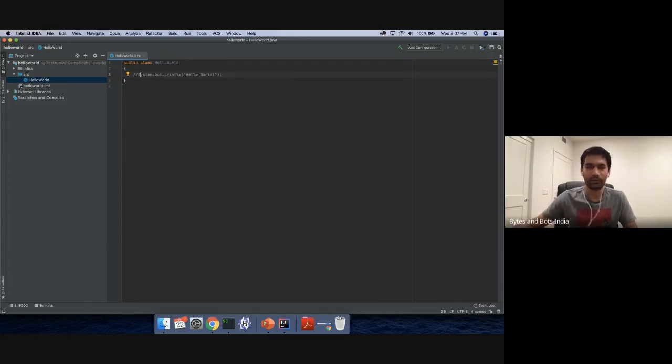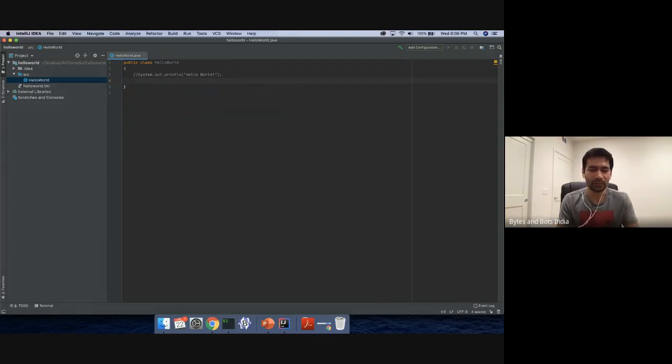But what we need to do first is we need to have a main method. In a lot of programming languages, when you run a program, there has to be a starting point where the program should run. Now we need to specify where the starting point is.